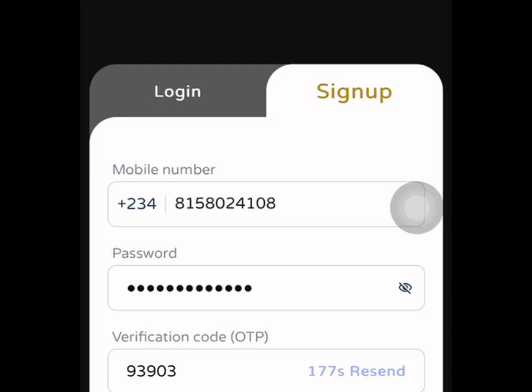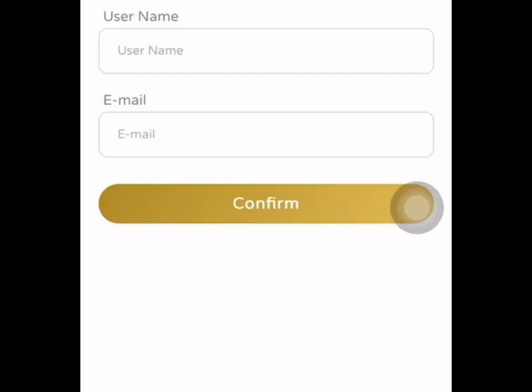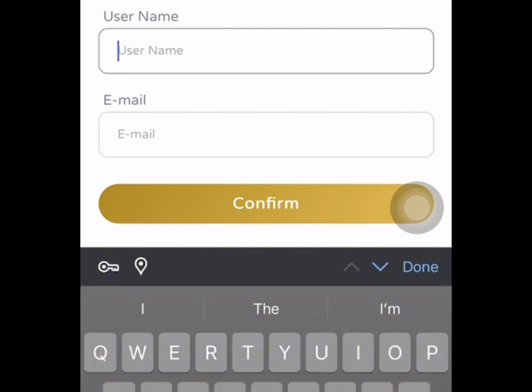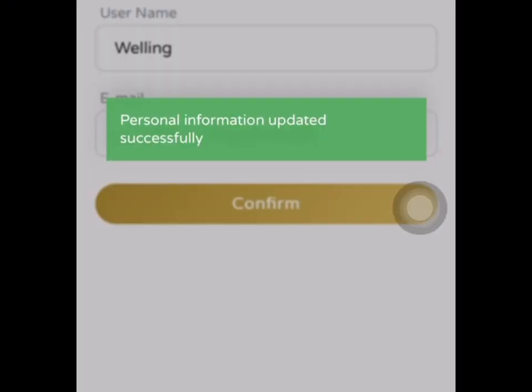So you can see register success, right? So remember that your registration is very successful now. The next thing is for you to put your username, and you can actually add a profile picture if you wish, but it's not compulsory. Then the next thing is set your username. So after this, it's going to bring me